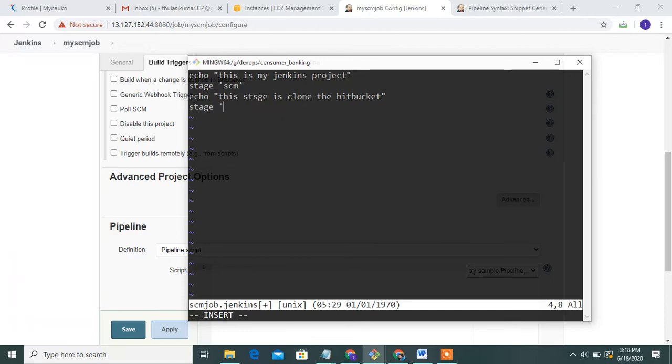Another stage using the test stage. Then go to another stage, the build stage. Then go to another stage, test, build and clean stage.